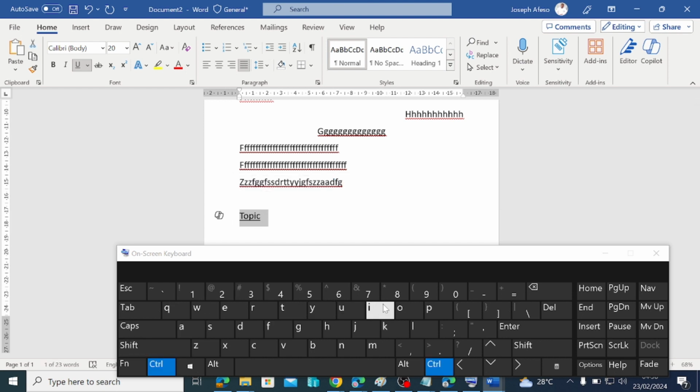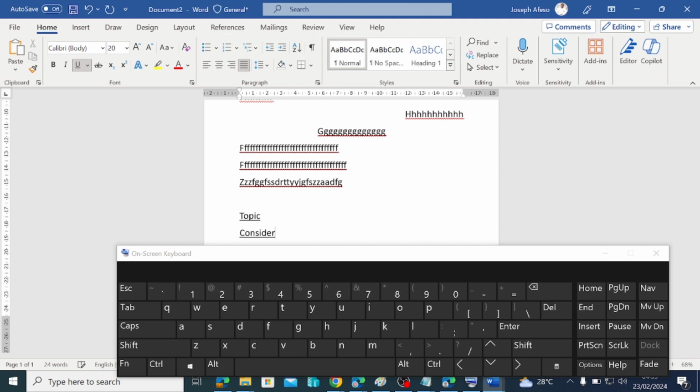So if I do Control U now, the line is going to leave. If I want it to carry the line again, I can do Control Z, and what that does is it undoes my removal of the underline. Okay, so that is what Control Y and Control Z actually do for you. Again, I want to talk about Control I. Control I makes it italic in nature. So let's say I am saying